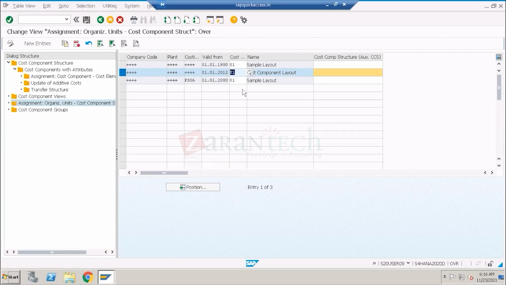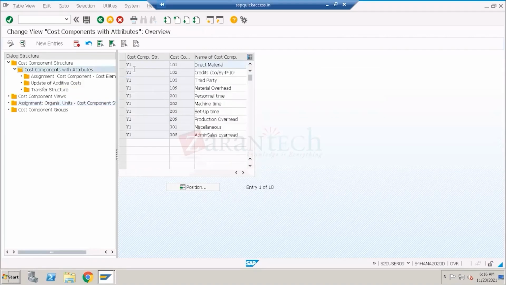So where you're going to be assigning this structure, where you're going to be assigning how this structure is going to be. Okay, I understand that you are going to be creating one structure, and for the structure you're giving all these cost components. Very good. That is very good. I understand that. Okay. So if I go to one material,